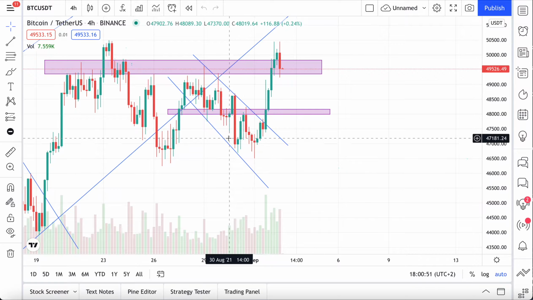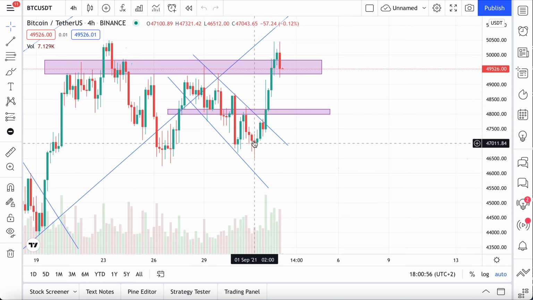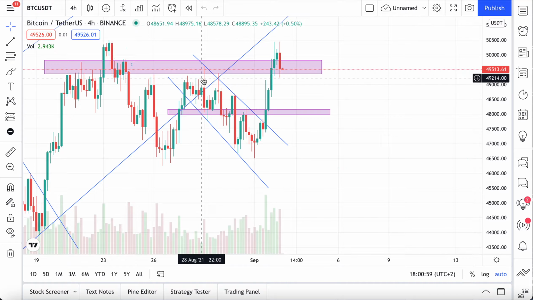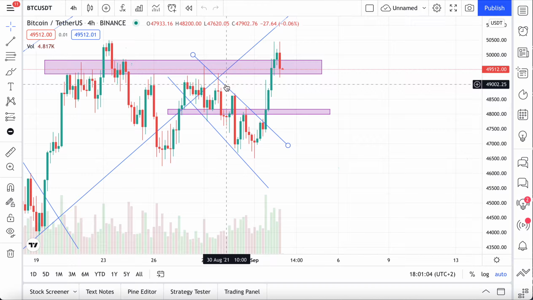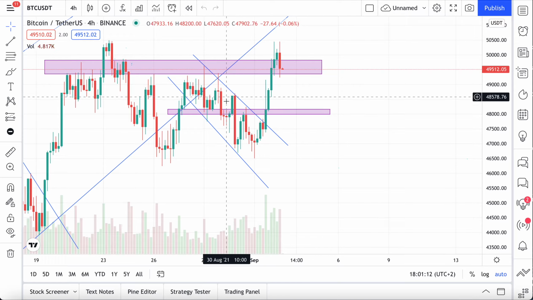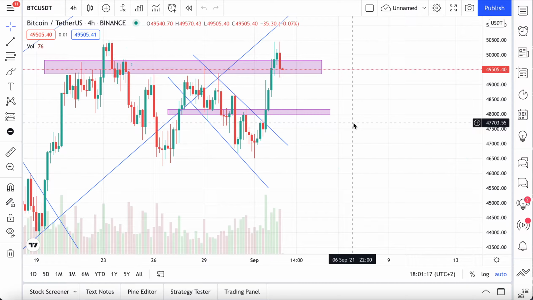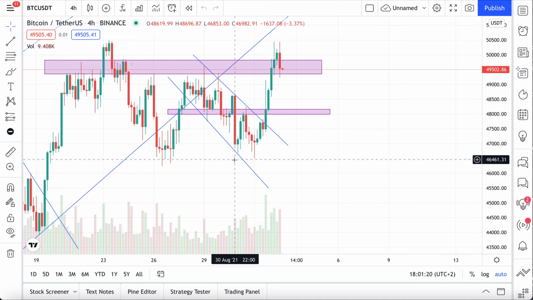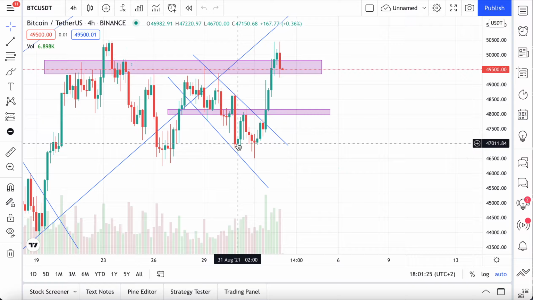It could have broken down, but as I'm saying, it's the classical basic knowledge of trading that you can also try. Put up your TradingView, find this kind of pattern. This is called a falling wedge, falling channel, whatever you want to call it. But if you find such a pattern, you can usually see the break up. It's a bullish pattern. If you see the opposite direction, it's called a rising wedge. So it's opposite, it's a bearish channel. This is basic, and I would love to trade this kind of pattern.